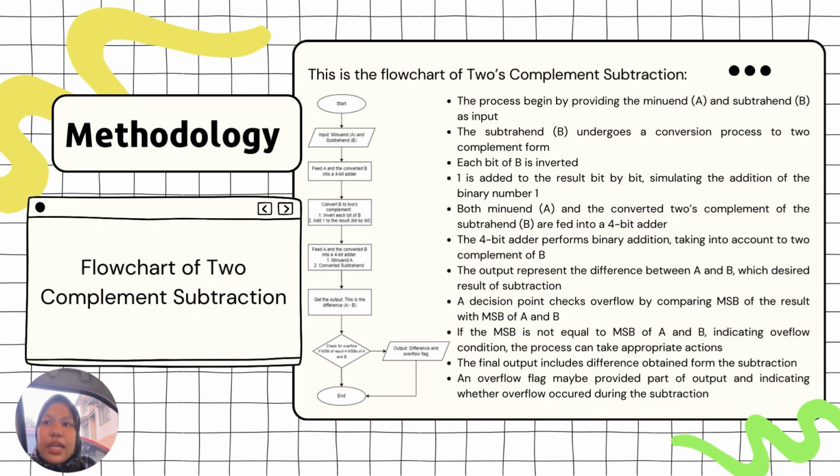Third, feed A and the converted B into a 4-bit adder. Both the minuend A and the two's complement of subtrahend B are fed into a 4-bit adder. The binary adder performs the binary addition, taking into account the two's complement representation of B,